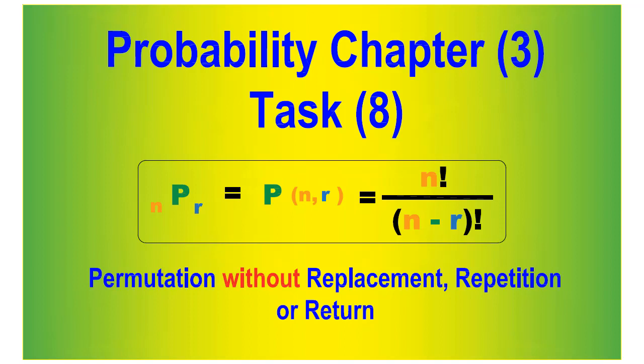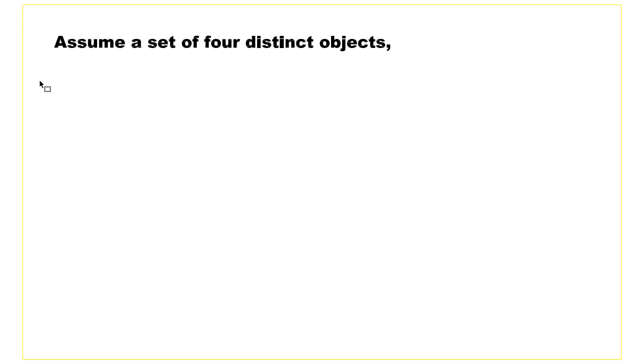Hi everyone, our lesson today is permutation without replacement, repetition or return, using this general formula which we are going to derive using this problem here. Assume a set of 4 distinct objects A, B, C and D. We are going to place these objects in the urn and we are going to withdraw them according to these